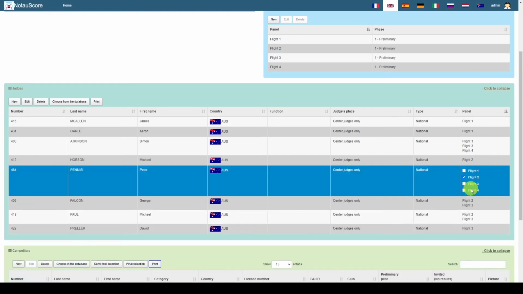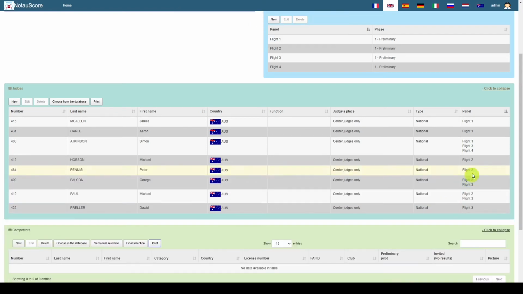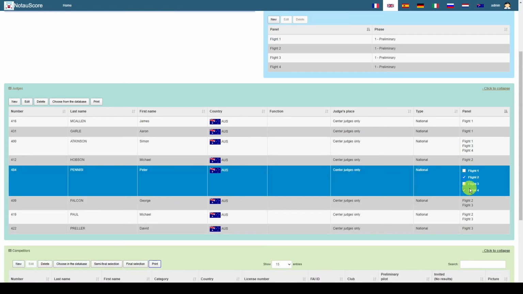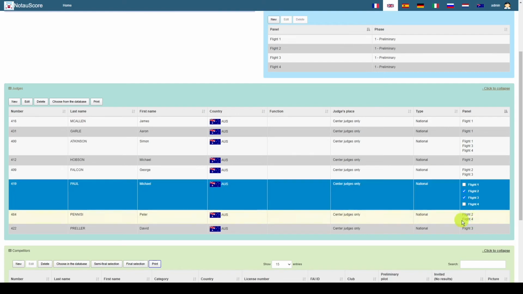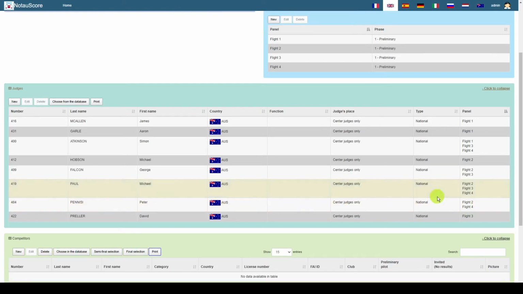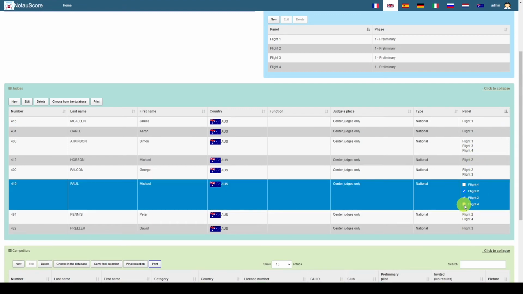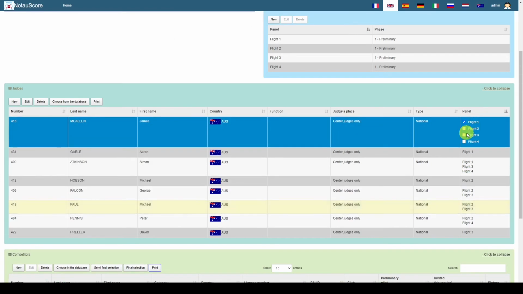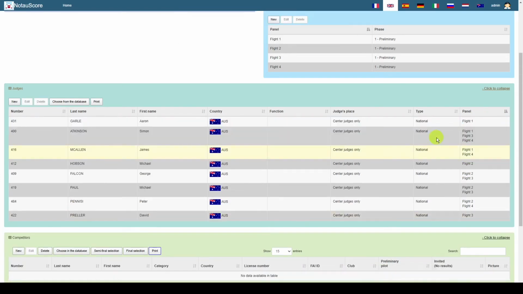So what we'll do is we'll pop this open. We'll select this judge here. I've missed the button. Sorry, my dumb thumbs. We'll pop this open. We'll select a judge. Now, the reason this is good is I've selected Michael Paul here to be a judge for flight 4. If Michael got ill during the day and was no longer available by the time we get to flight 4, I can simply untick Michael and I can add myself in, and it's wonderful. It is just so easy to do.